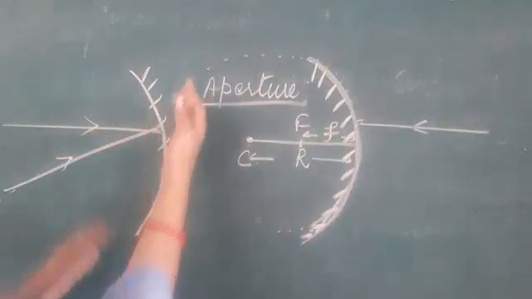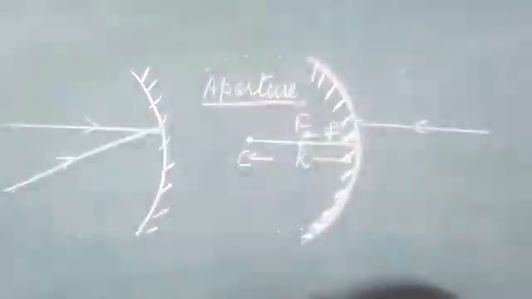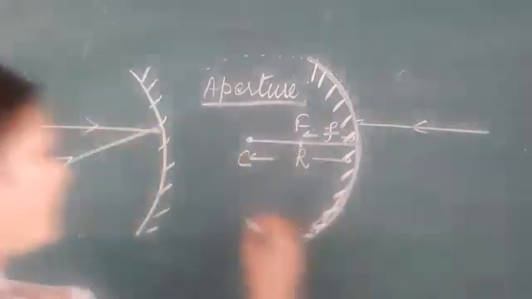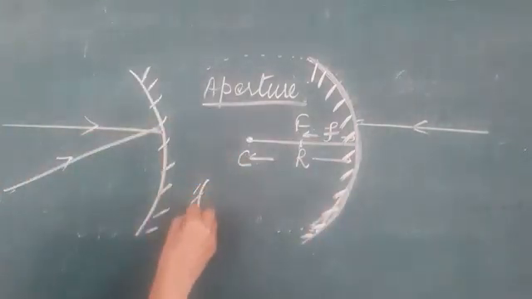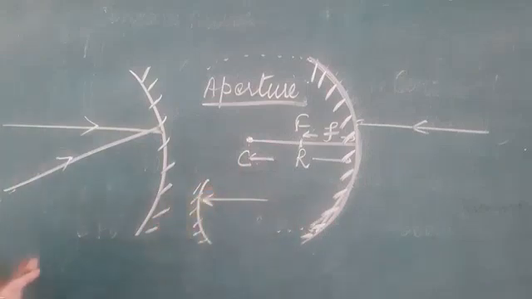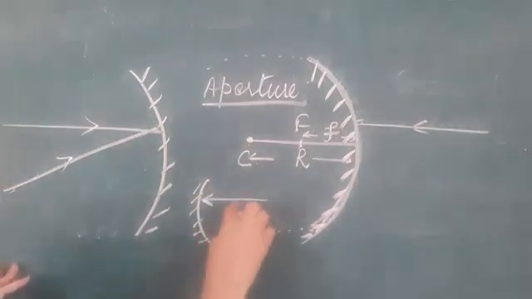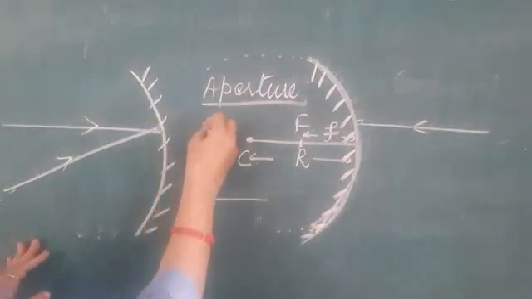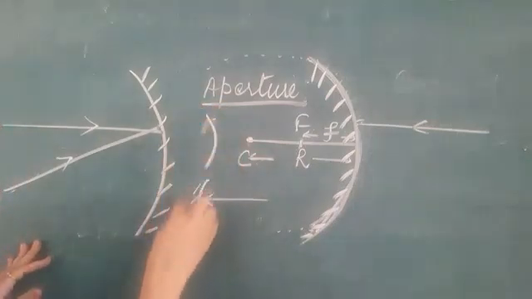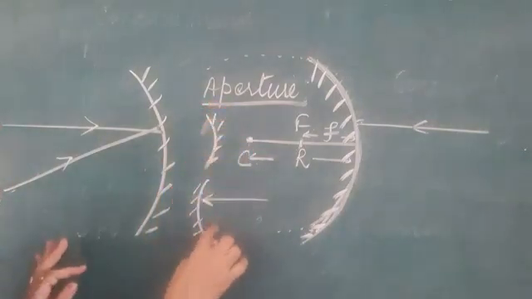If you change the side of the mirror, like if you draw it like this, then the ray will come from this side. This is the only difference. It is your choice whether you are going to polish it from this side or make it this way or this way. Both are concave. If you are polishing it from this side, this is also a concave mirror, and this is also a concave mirror.